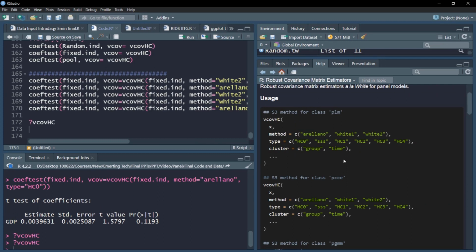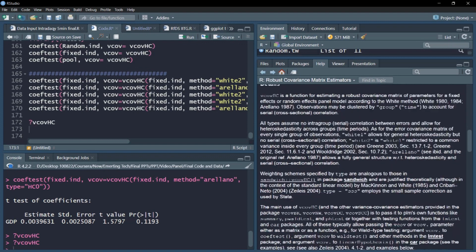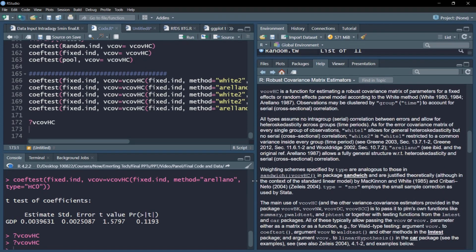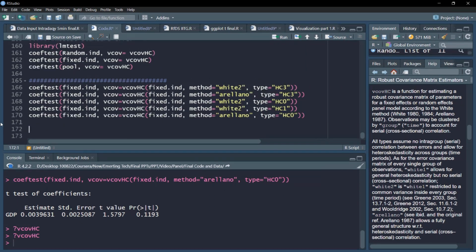If you want to read more about these, you can have a look at what exactly these error terms mean. You can read in more detail about all the literature. But the point that I wanted to highlight here is that there's also a way you can cluster errors. For example, you can cluster across group or time. We realized in our case, time is not such a major problem, but clustering across group is a